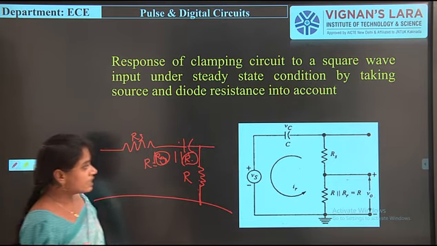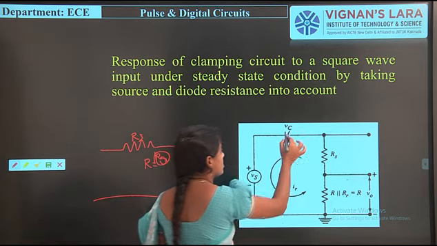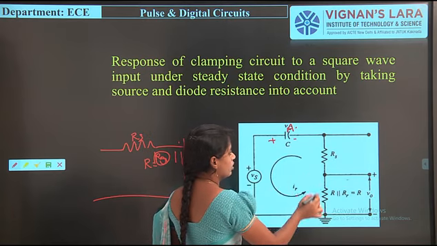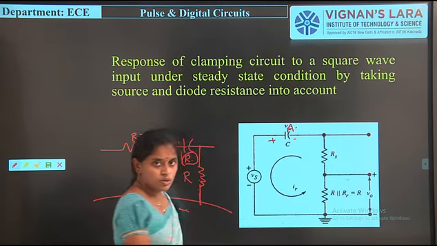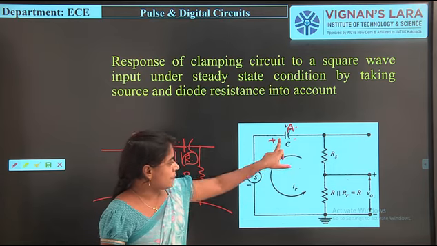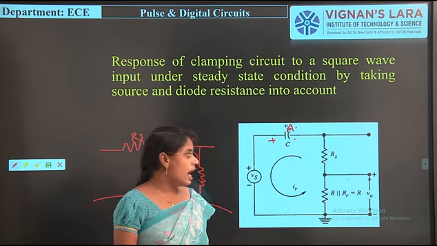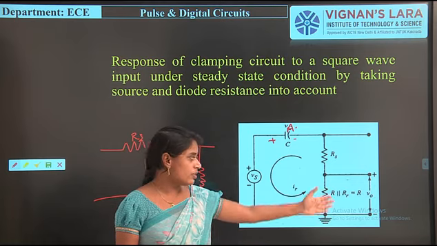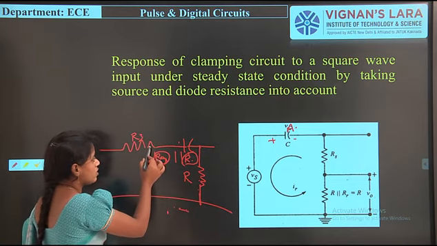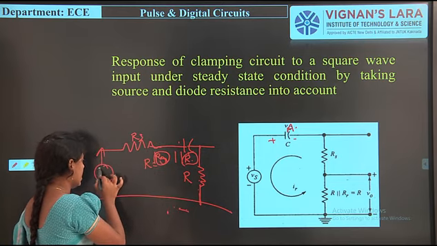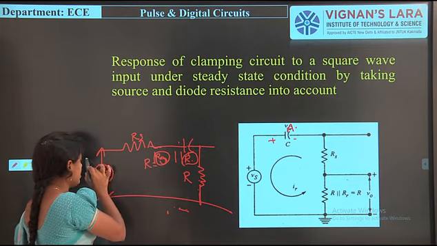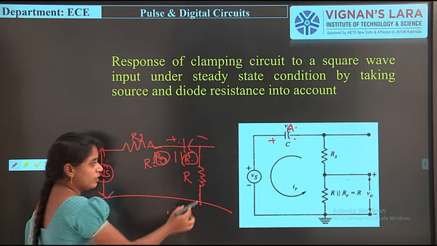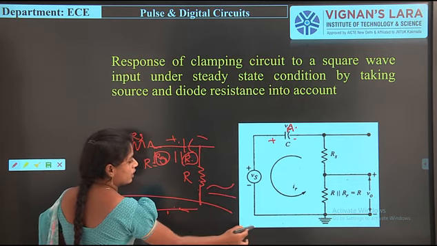We have to redraw this circuit diagram, with VA, positive and negative here, and so on. So just redraw it like this: the capacitor, VS, RS, and R in parallel with R, which we can write as a total R. Here the input is indicated with VS, with positive and negative, and R. So this is the equivalent diagram; this diagram is equal to this diagram.